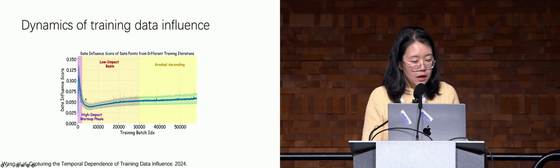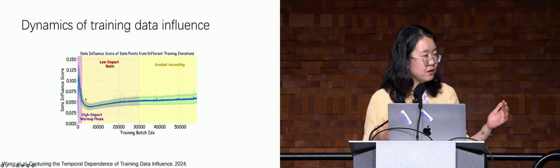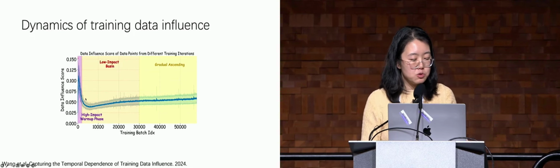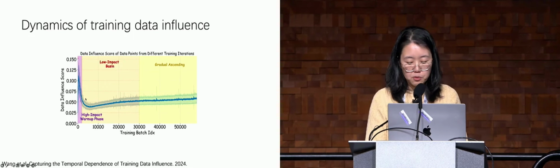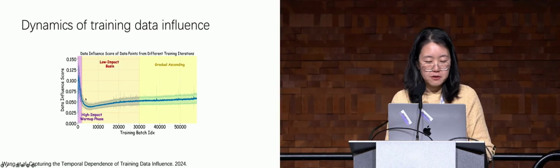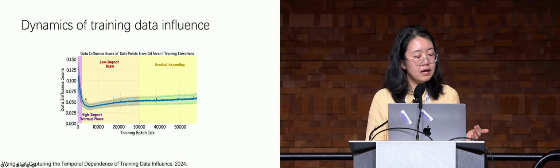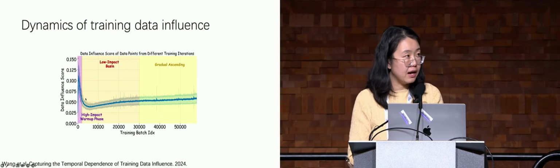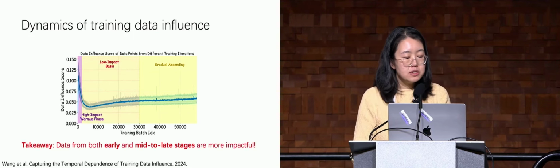Okay, so again, you can see that it involves gradient, and Hessian is not easy to calculate, but the good news is that recent work makes this computation scalable to foundation models. Let's just see some empirical results with these efficient methods. So for the first time, you can look at how the training data influence actually evolves over time. And a very interesting